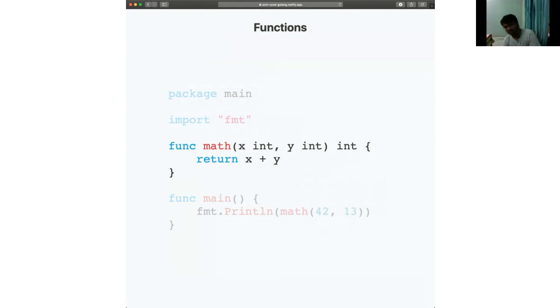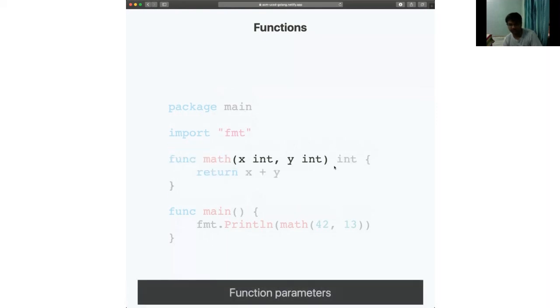This is what a function looks like in Go. As you saw with main, you have a func keyword at the beginning, then the function name, and then in the brackets a bunch of variables, which are the parameters or arguments for the function. After that, you have the return type, or all the return values and their types. For example, in this function, you only have an int return, since x plus y is an int and there's only one of them.